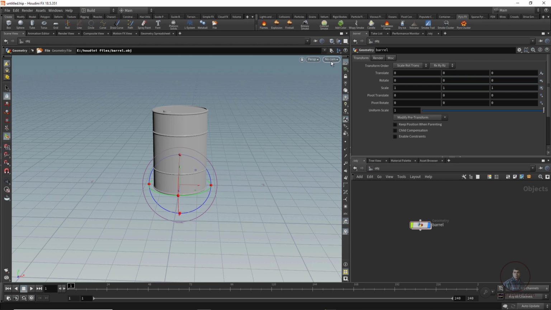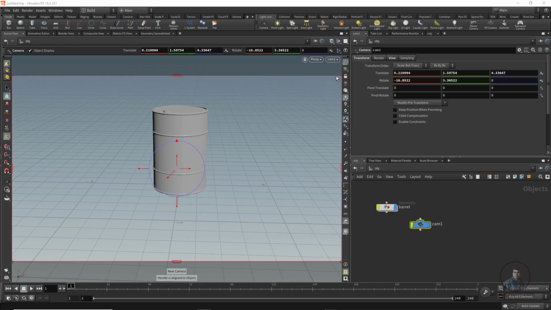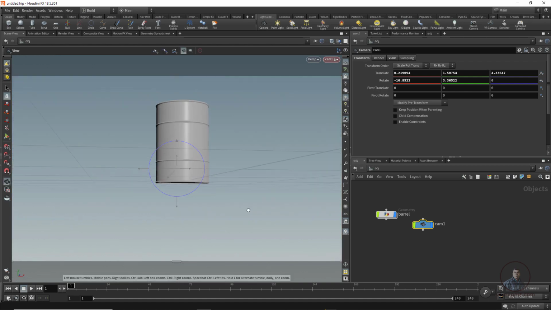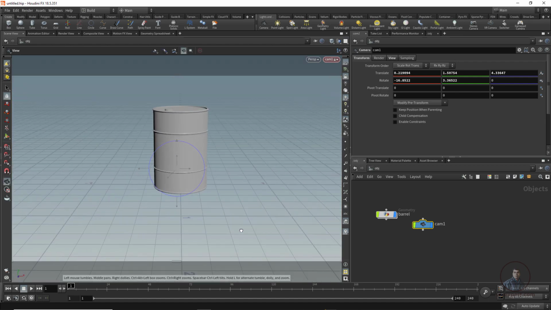For this, come to the select tool, hold Control and click here, or simply click on No Camera and click on New Camera. Now downside you can see the camera, and this is our frame. Now you are inside the camera view. Lock the camera so you can adjust your camera view. First lock, and only then can you adjust it. Again with the same tool, hold Alt and you can adjust your camera view.